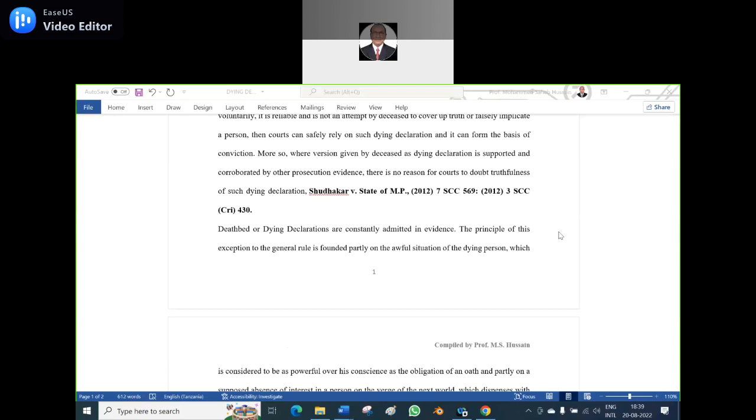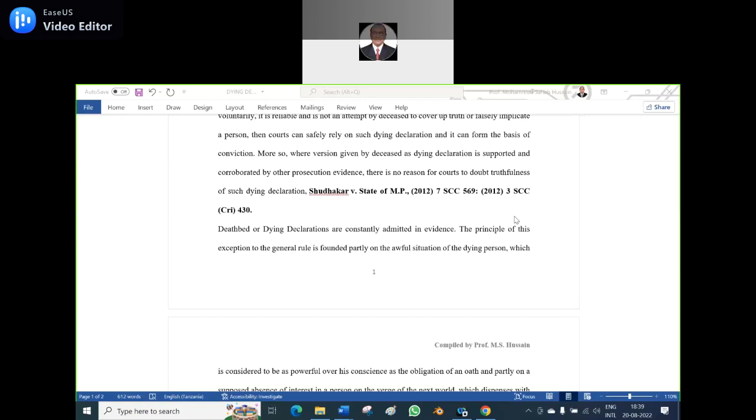Let's presume you have two dying declarations. Which one will be authenticated? Which one will you take? Corroborative evidence and prosecution evidence will show which one is the truth. Subsequently recorded statement will be considered, I think. No, when the two are there, which will be predominant? The first dying declaration. In case there are two dying declarations, the first dying declaration will have to be considered more reliable and trustworthy as against the second one.